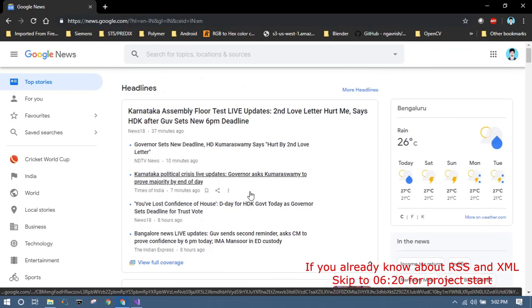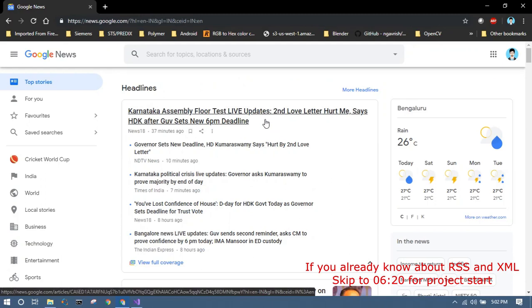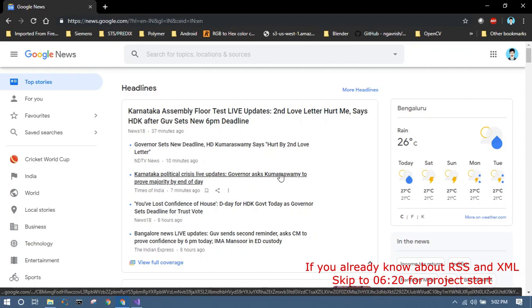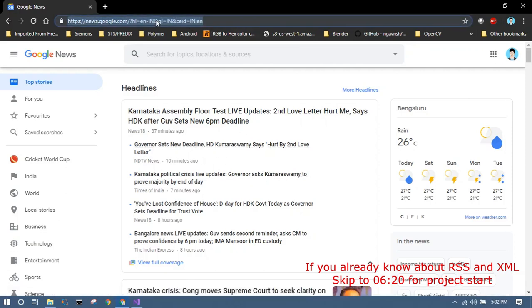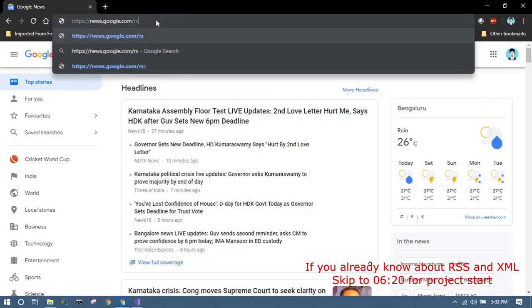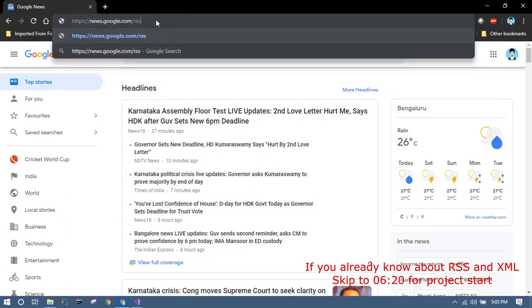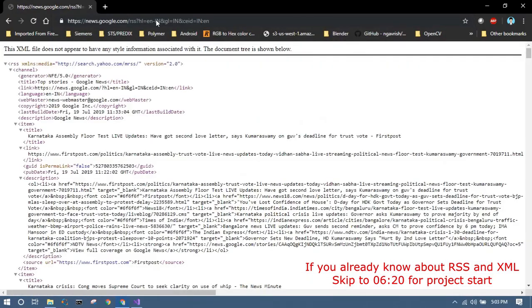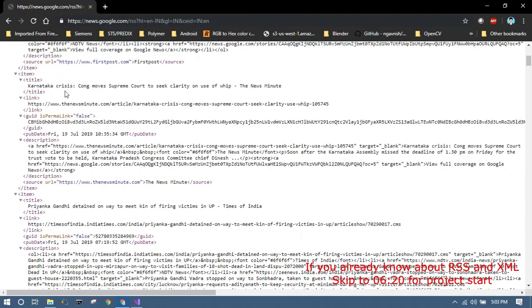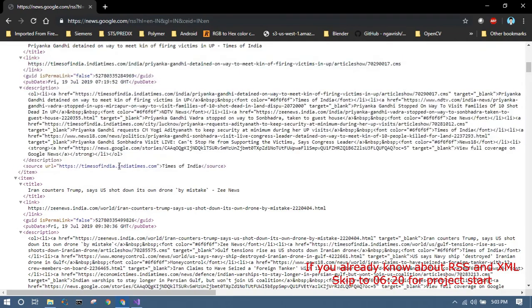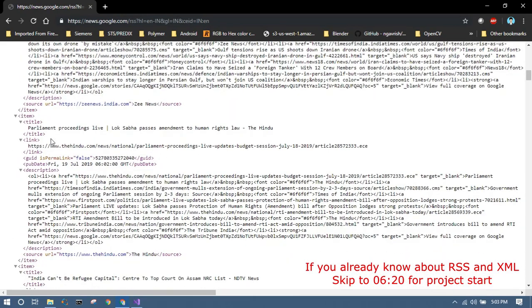We are not directly going to the website and reading it, because that may take a lot of bandwidth depending upon your internet connection. That is where RSS comes into the picture. If you don't know what RSS is, you can search in Google. I have a link for RSS, which is news.google.com/RSS. If you open it, it gives you textual information of each article, along with the link and